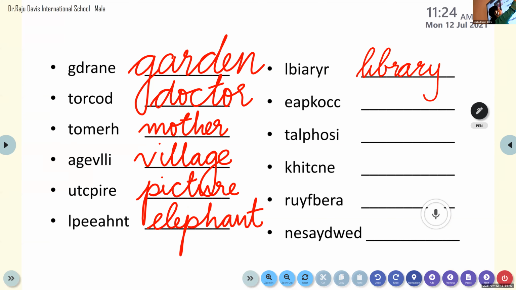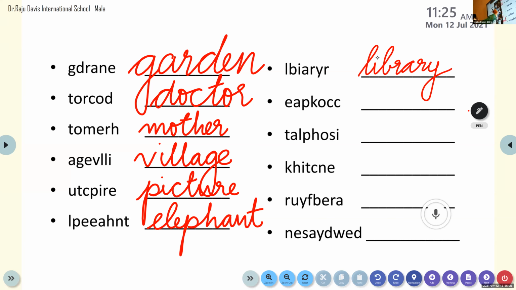How many syllables are there in this word? 3 syllables are there in this word. How many syllables are there? 3. What are they? Library. Okay, so there are 3 syllables. Similarly, you break the words into syllables as you write them. Lie, R-Y. Okay, I wanted all of you to write it. Write it, please. Yes, very good, Arati. Now let's move on to the next person.